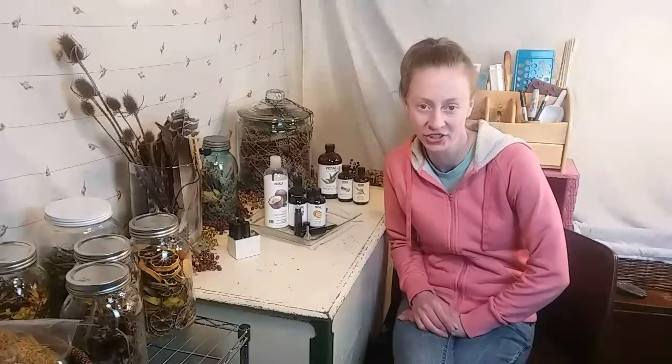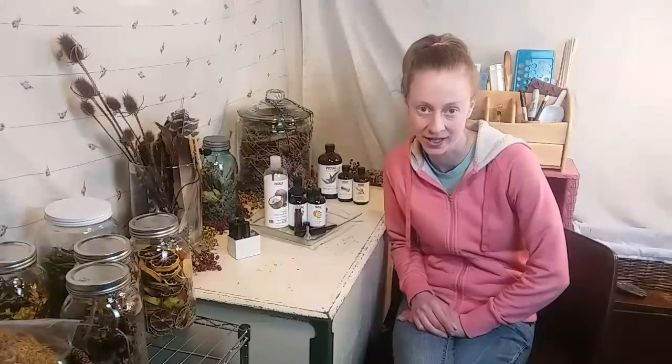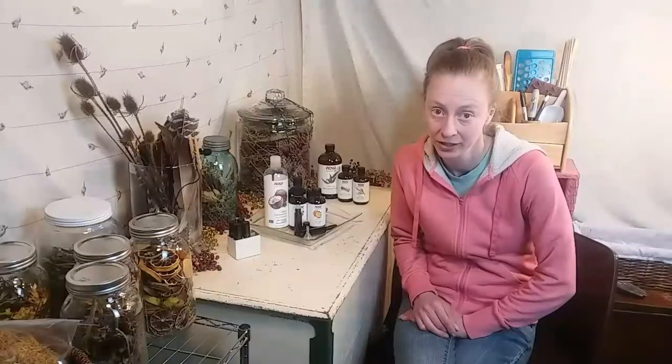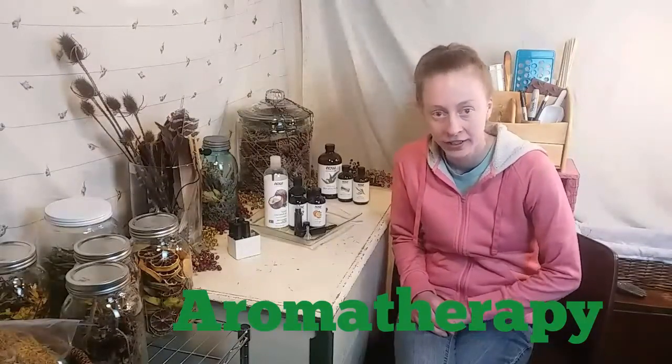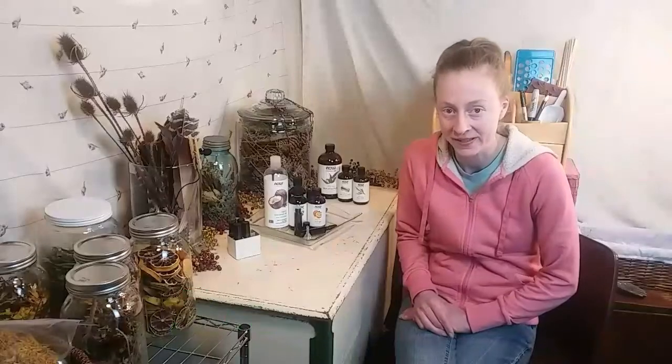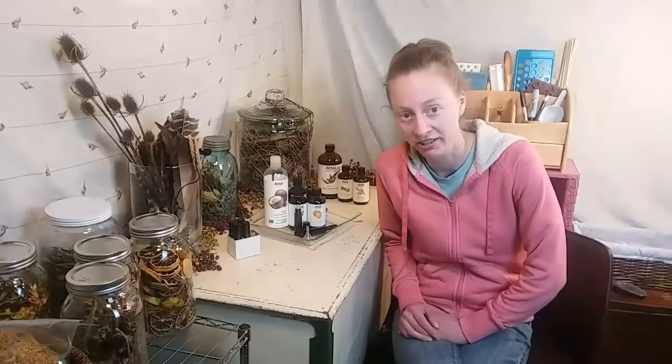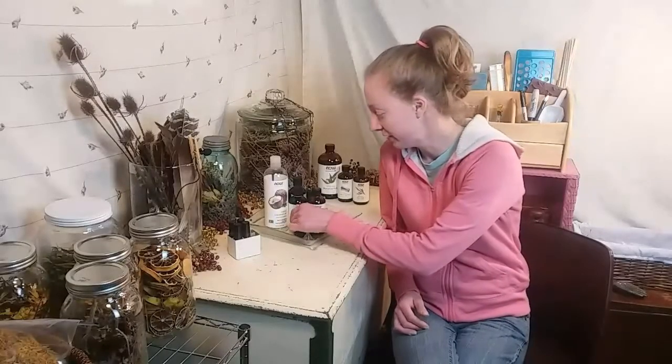Today I want to show you about roll-on essential oils. They're really easy to make and they can do a lot for you. So let's talk about the first thing, aromatherapy. The best thing about aromatherapy is you can pick what you like. You can mix and match and customize your own essential oil roll-on